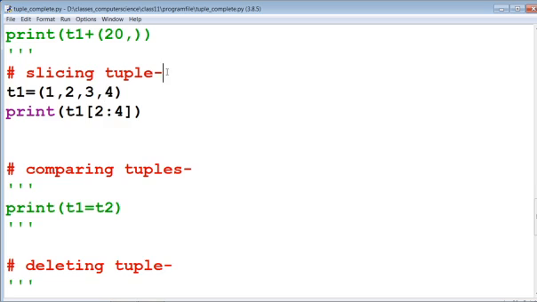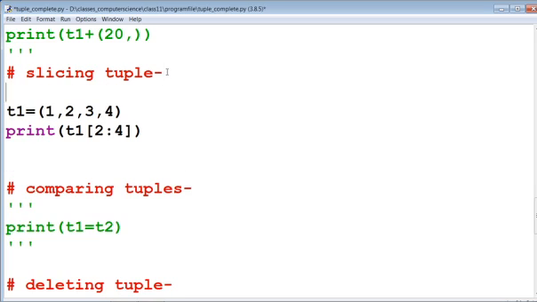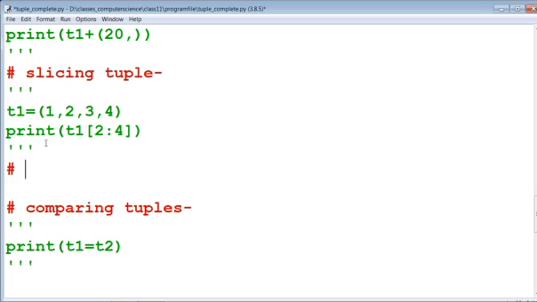Now if we are going to replicate the tuple, then we have to use the star or multiplication operator.